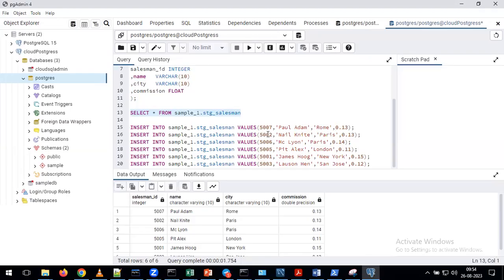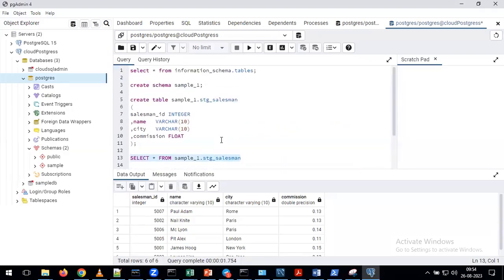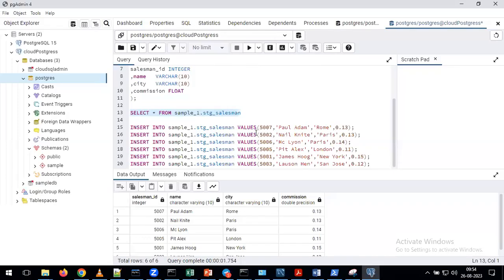Now again, I'm asking the same question: where are we doing all these activities, Andy? In our local Postgres or in the cloud Postgres? We are doing all these activities on the cloud Postgres. In Postgres, are we going to perform any different activities, or the same activities we did in MySQL? In MySQL, you created tables and inserted data, and we are going to perform the same activities in Postgres, because these are all relational databases. If I explain the same topic again on MySQL, you might get confused or bored. For that reason, we are exploring a new database called Postgres. In Postgres, we are doing all these activities by using our Cloud SQL.